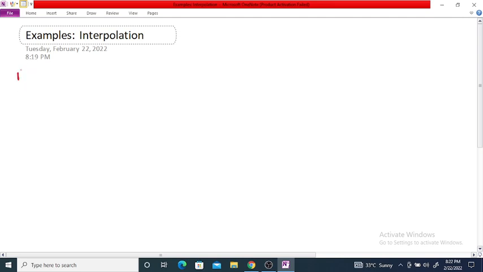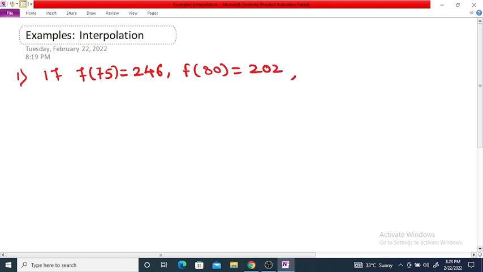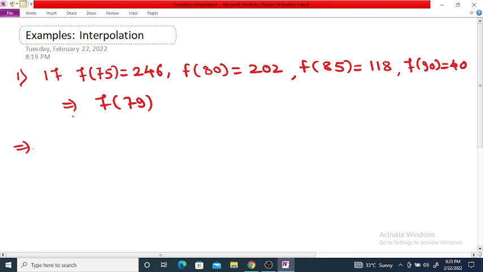Examples on interpolation. Example number 1. If f of 75 is equal to 246, f of 80 is equal to 202, f of 85 is equal to 118, and f of 90 is equal to 40, then find the value of f of 79. Now here you can observe that the values of x, that is 75, 80, 85 and 90